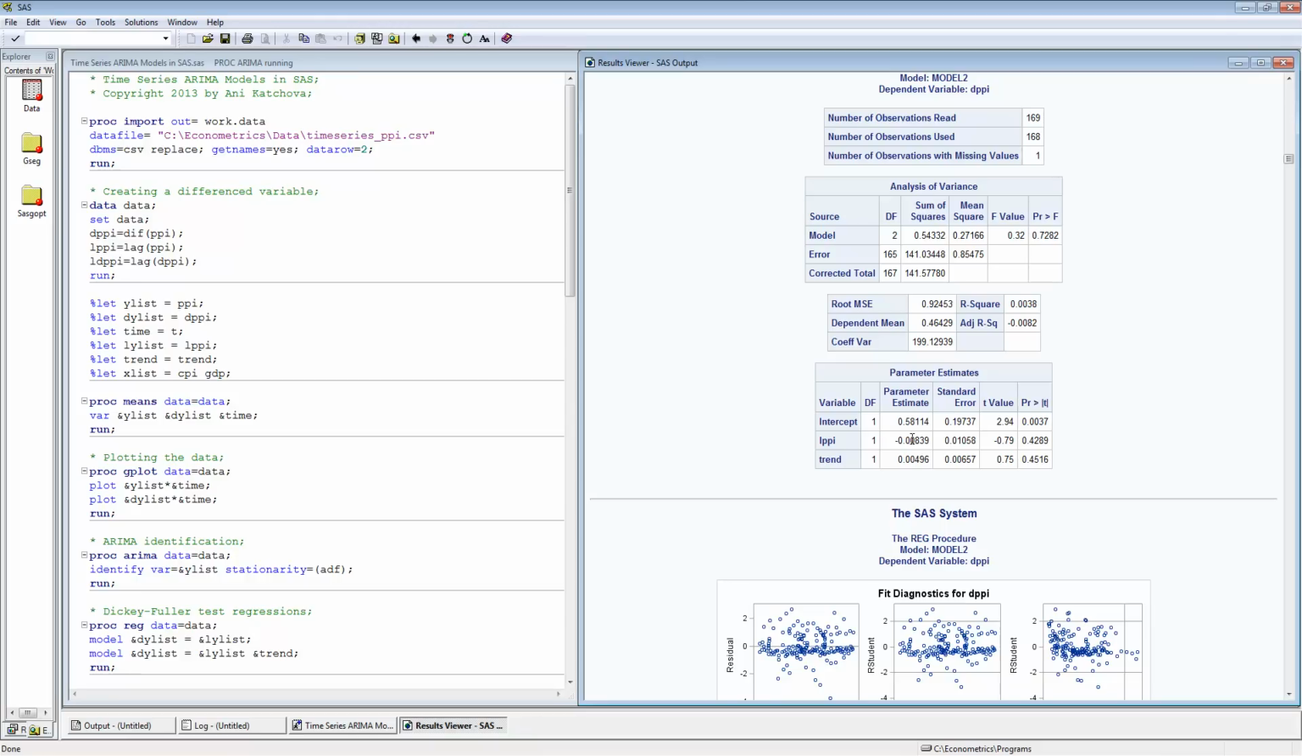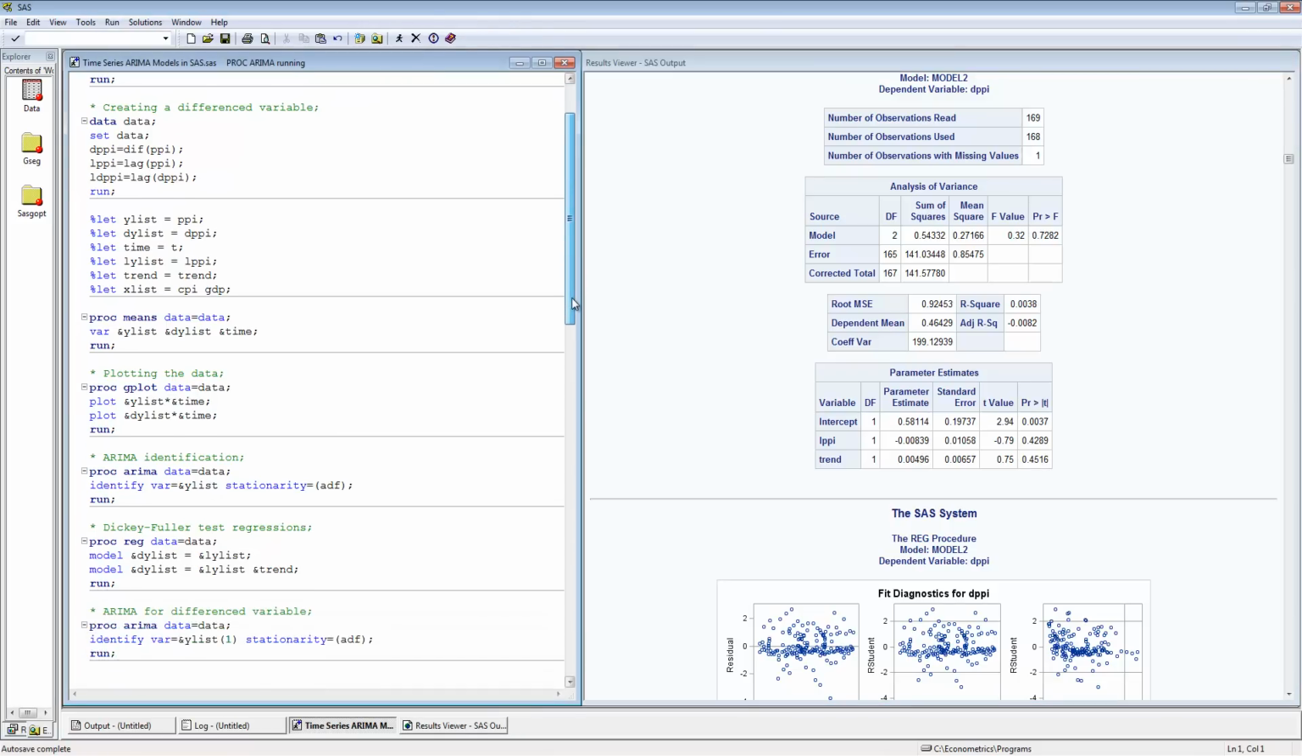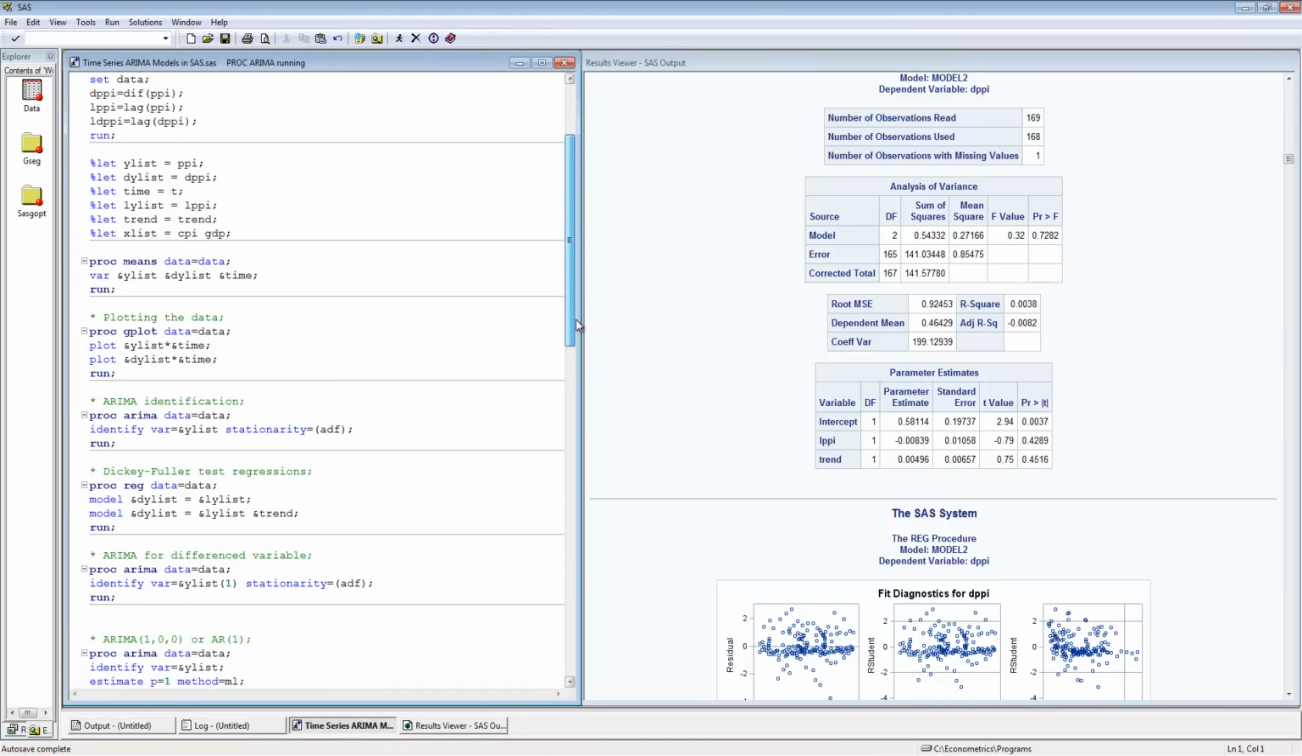It's basically not a good thing, since we have to difference the data to see then if the difference is stationary. Okay, so